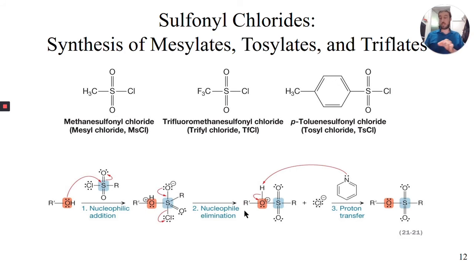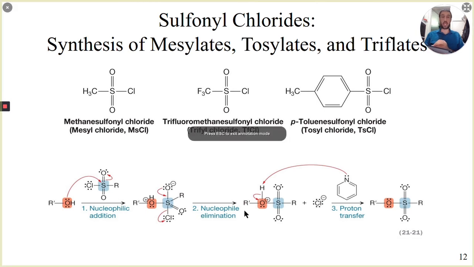Again, the primary focus behind them is really looking at that secondary piece. If we're looking at MSCl, TFCl, or TSCl, chlorine we know is a good leaving group, so it withdraws electrons. What does that mean? That means the remaining piece is going to be acting as an electrophile. So I don't really need to know what the exact structure of the triflyl is, or the tosyl or the mesyl. I just need to know that if I have that chloride there, that piece is going to act as an electrophile. Okay? Similarly, if instead of it being Cl,